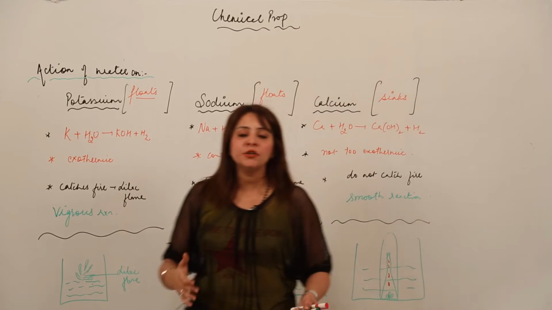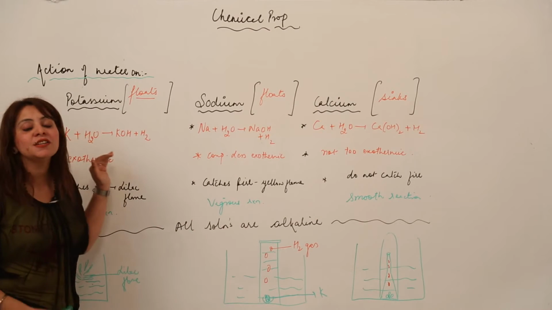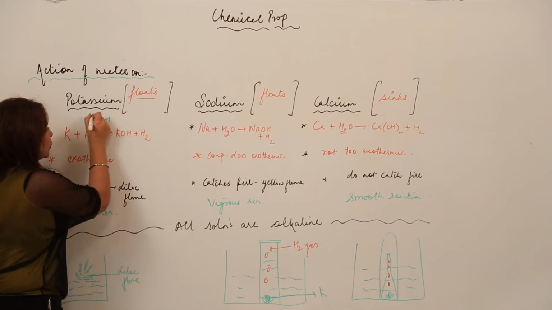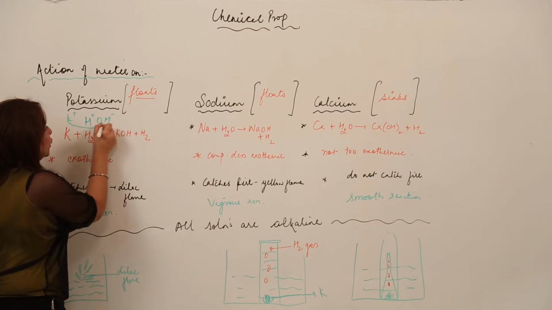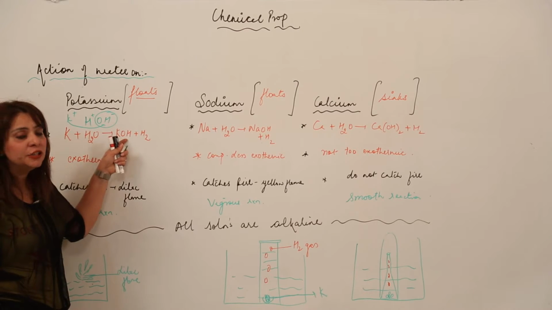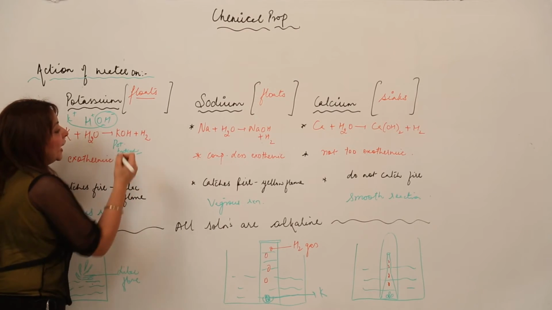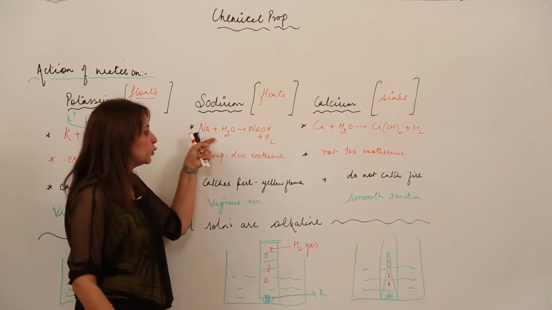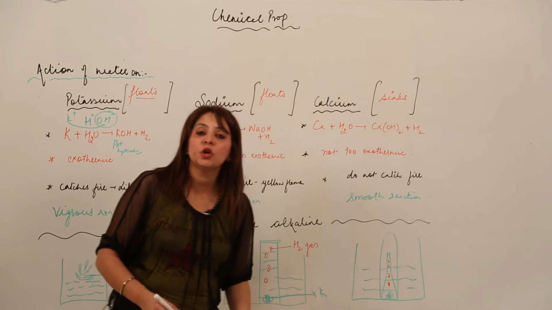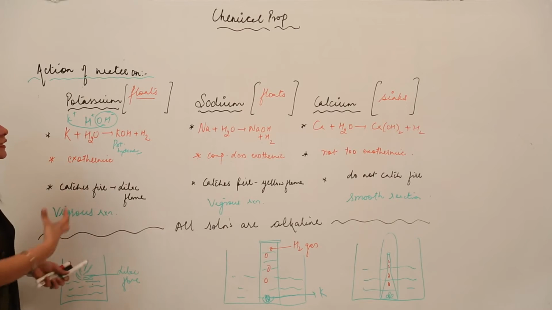And now the reaction, I think you are clear with it, that when we react potassium with water, the metal is just going to crisscross with the hydroxide ion, right? As we know that it is H and OH and potassium is positive, so obviously it is going to react with the hydroxide ion and lead to the formation of potassium hydroxide along with a gas. Which gas? Obviously the hydrogen gas. Same happens with sodium, sodium hydroxide and hydrogen, and same with calcium, calcium hydroxide and hydrogen. But you know the nature of the reaction is somehow different in them, right?